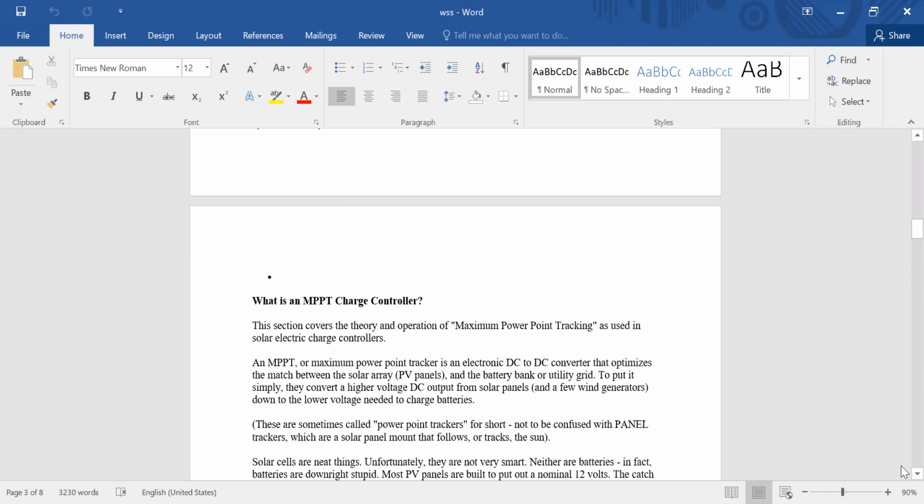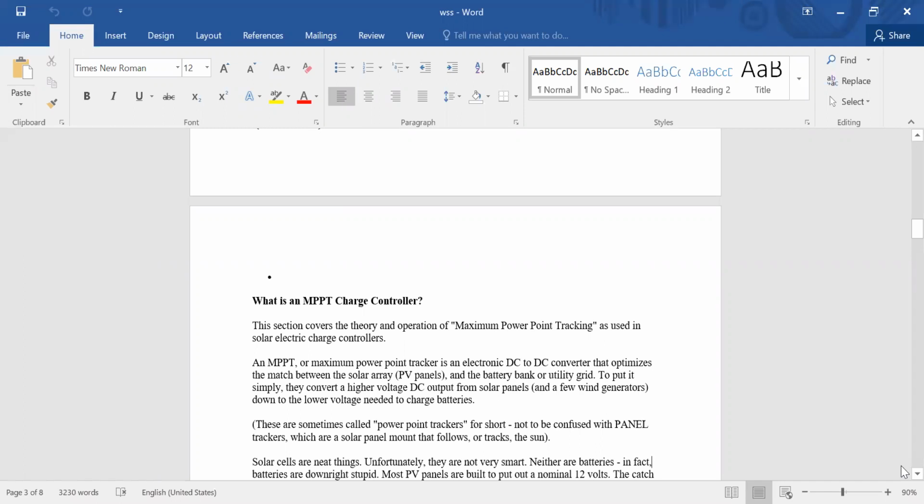It is used in solar electric charge controllers, or MPPT, that is maximum power point tracking, or we can say maximum power point tracker.